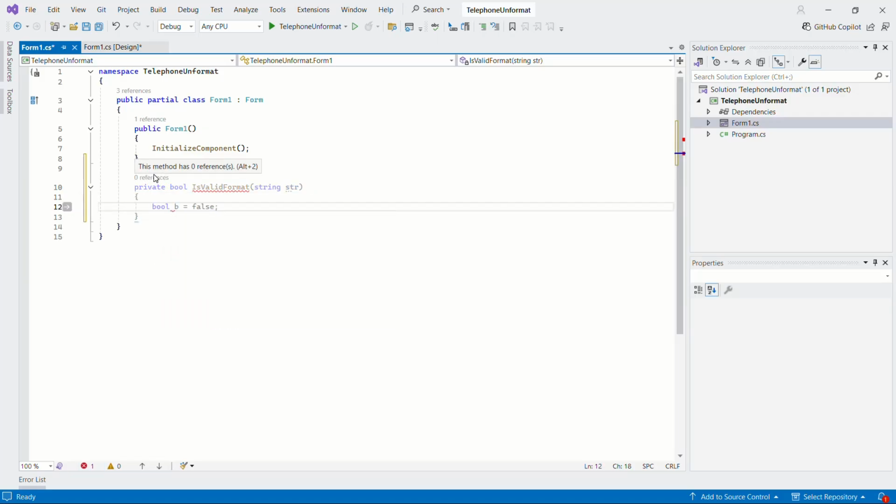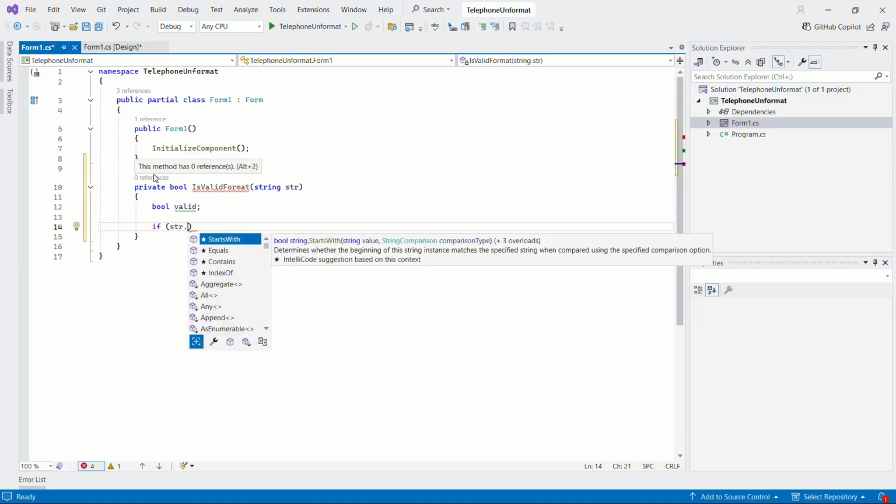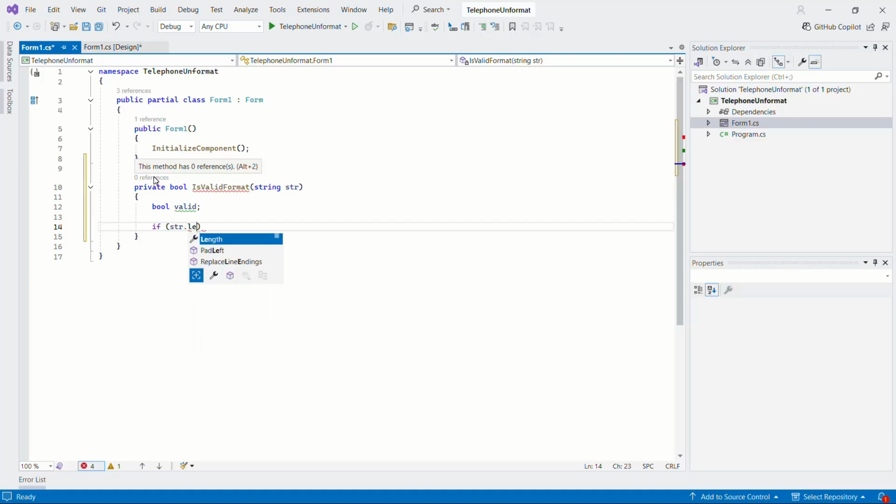I have a Boolean variable called valid. So then if str.Length equals,